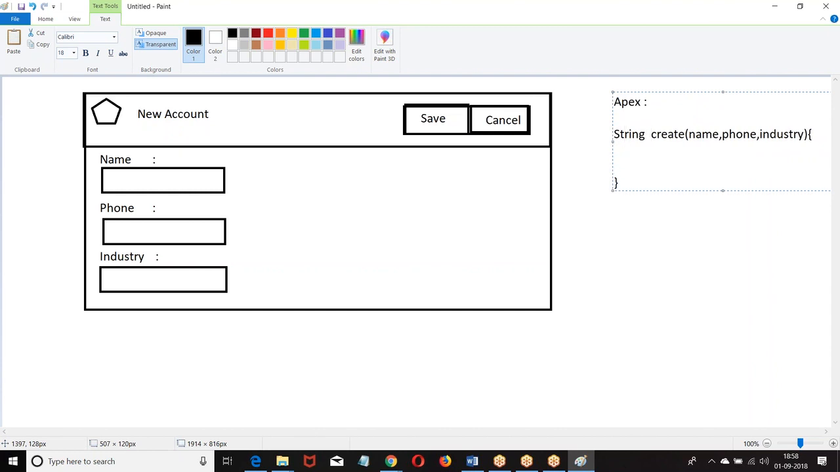Once the record is inserted, it is going to return the ID of the record. Once you get the ID of the record, now we get to the detail page. Now we got the combination, right? First, when you click on the new button, we are going to get this page. In this page, when I click on save,